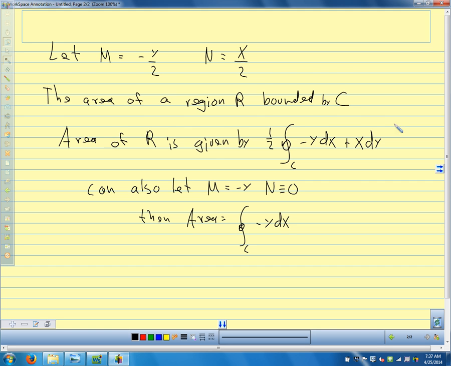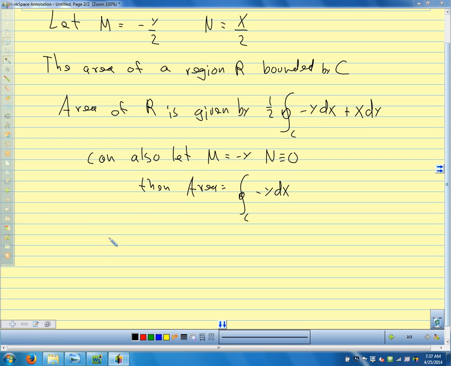And the third choice is to let M be identically 0, so it's 0 everywhere, and N equal x. And then the area is